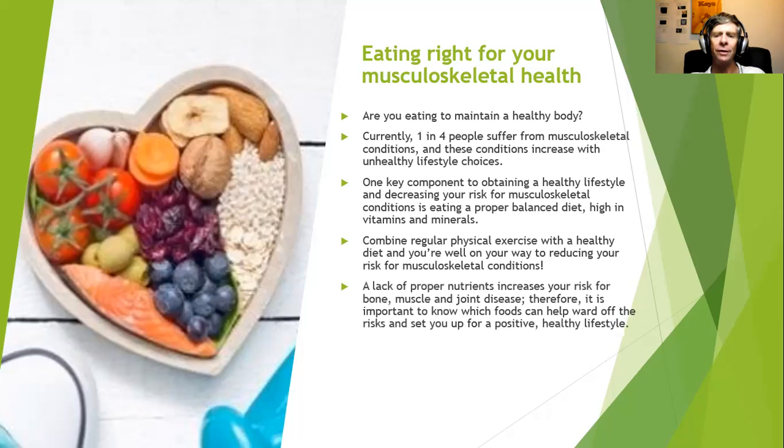A lack of proper nutrients increases your risk for bone, muscle, and joint disease. Therefore, it is very important to know which foods can help ward off the risks and set you up for a positive, healthy lifestyle. We all know about osteoporosis that comes along with age. There's another term over there called osteopenia, which is sort of the precursor to osteoporosis. And that's simply your bone, which we think of as a hard thing. Bone is actually flexible. And unless we give it the correct nutrients, it's not going to bend and it's going